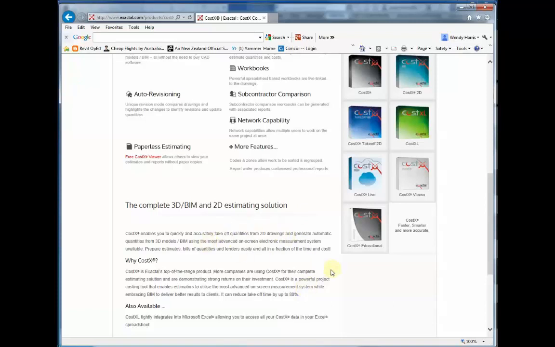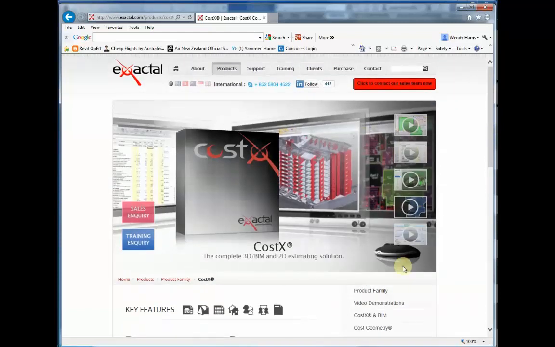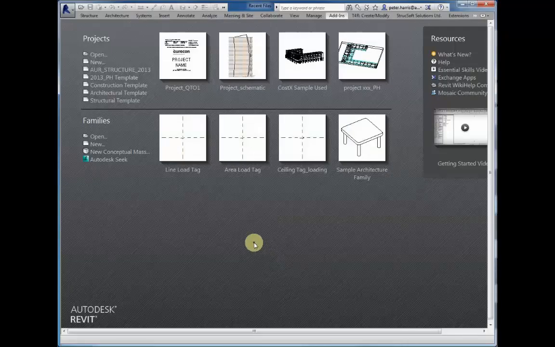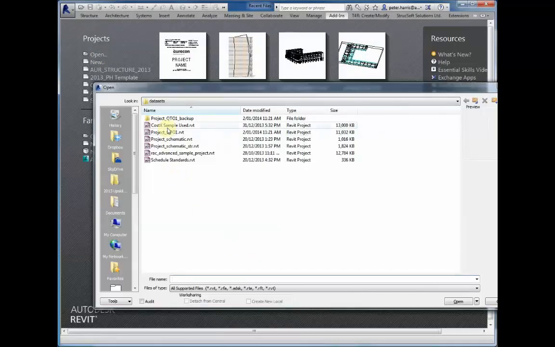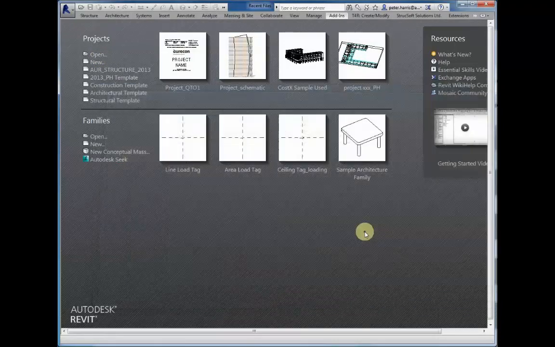Referring back to White Frog module 01, understanding the level of detail is very important when modelling inside Revit. For example, model like you are building it. Opening the file CostX sample used,